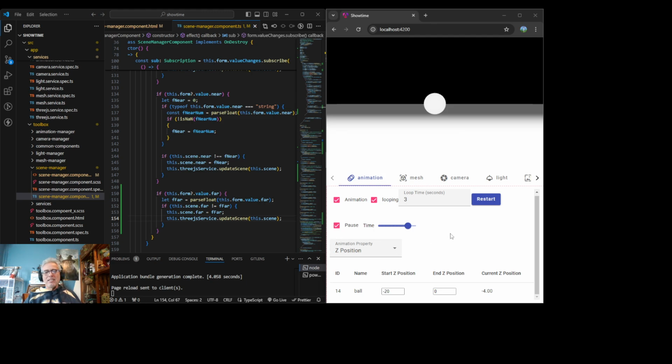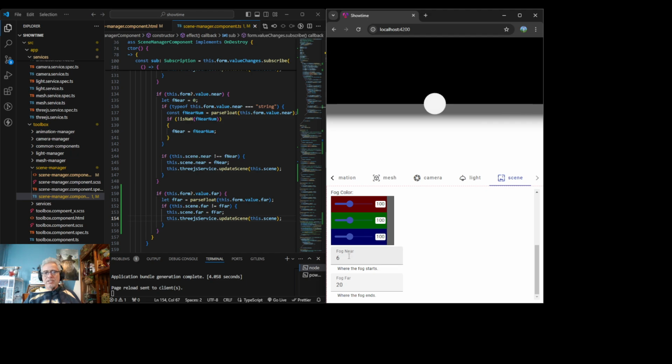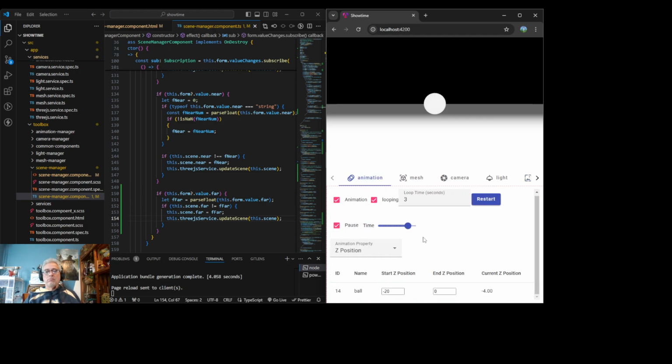So now it's 9 away from us, and fog starts at 6 away from us, so it's barely in the fog, and the fog is in full strength at 20 away from us. Now I'm just gonna make it like, I don't know if you're catching this, but we had no idea how this worked, right? I had no idea how fog worked. Now I have a pretty solid idea how it worked,